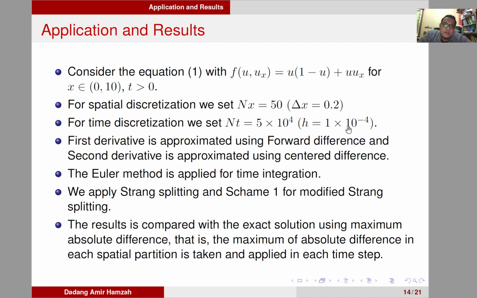The first derivative that appears in the equation is approximated using forward difference, and the second derivative is approximated using centered difference. For the time integration, we apply Euler method,